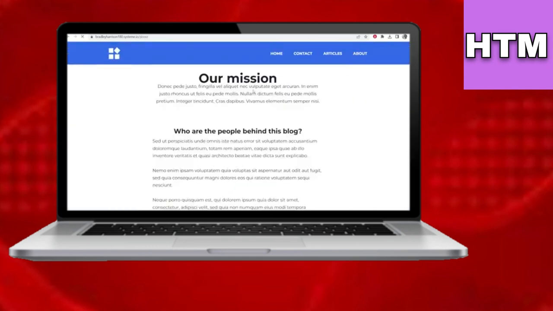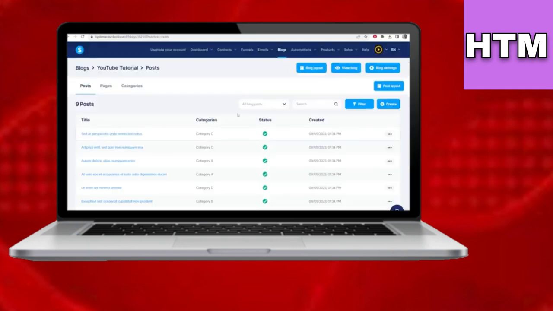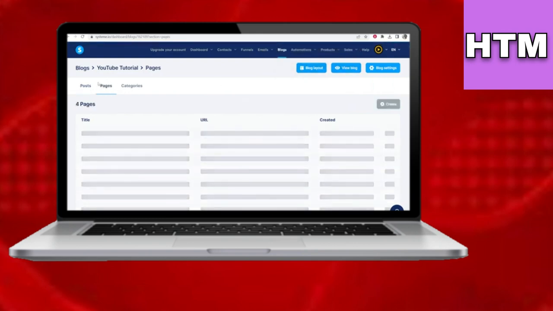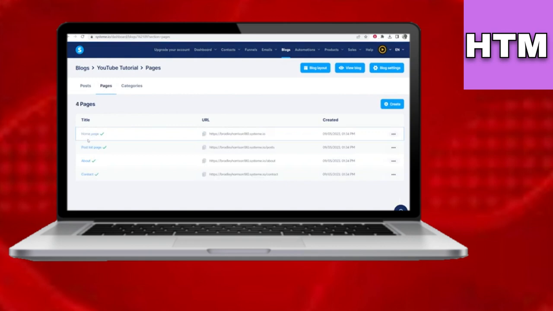Heading back to this page here, you've got blog elements, you've got your pages here, so you've got the posts, and you've got the different pages, your home page, the post page, your blank page, contact us page, and you've got categories. What I'm going to first do is edit the home page,